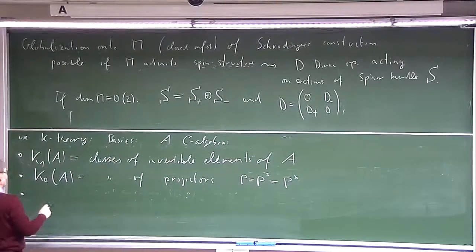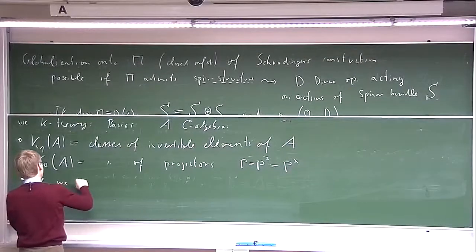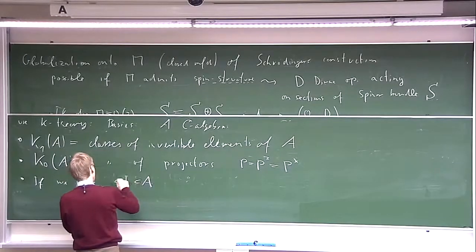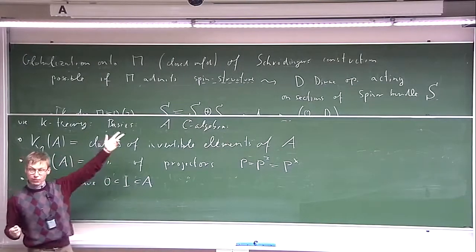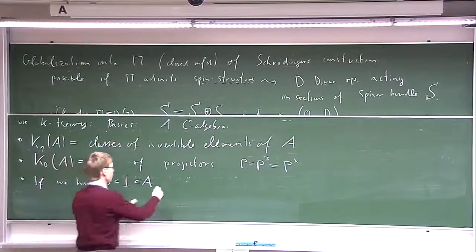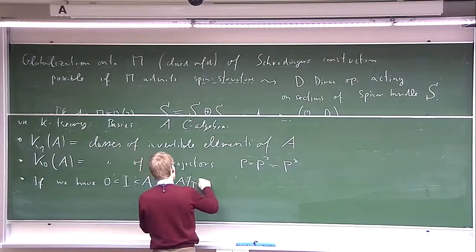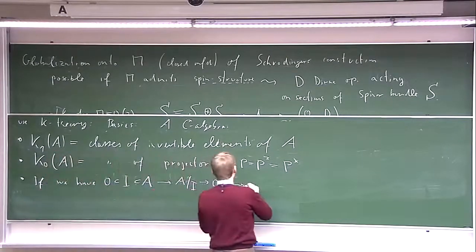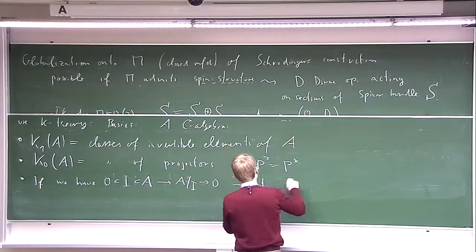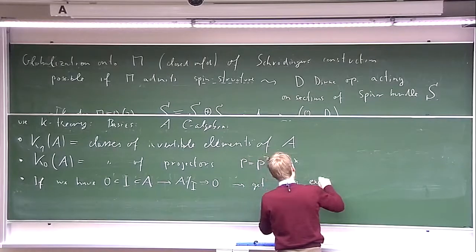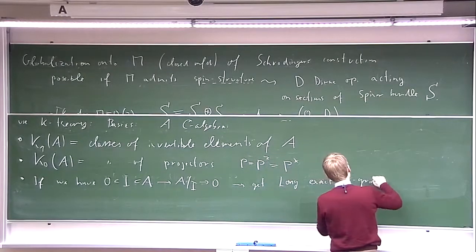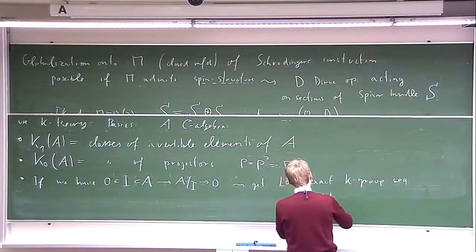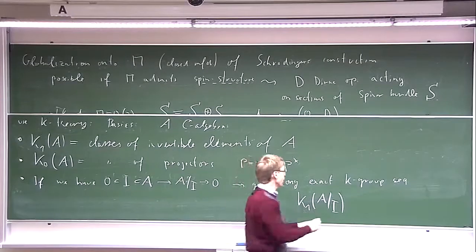And the third thing we have, if we have in the algebra A an ideal I, it should be a two-sided closed ideal. That's exactly what the compact operators are in the bounded operators. So we also have this quotient algebra, A mod I. We can write it as such a short exact sequence. Then we get a long exact K-group sequence. So the relevant portion for us is that, for instance, from K1 of A mod I, we map to,